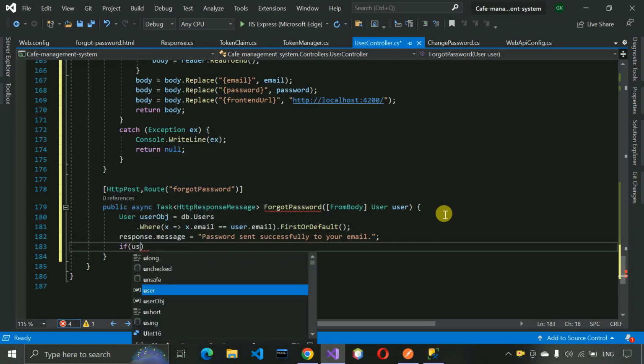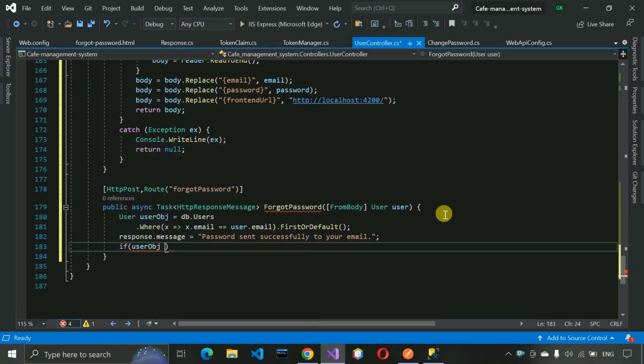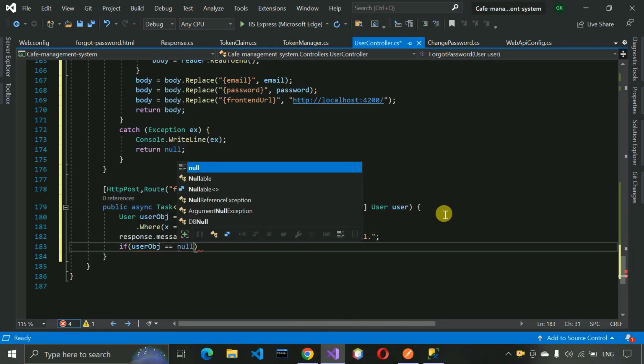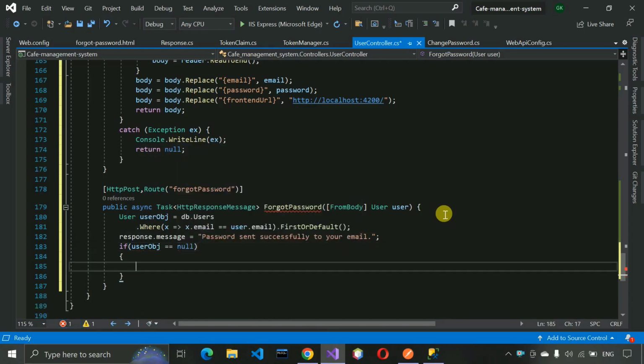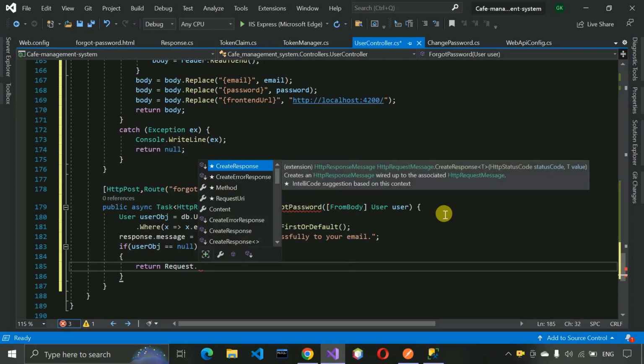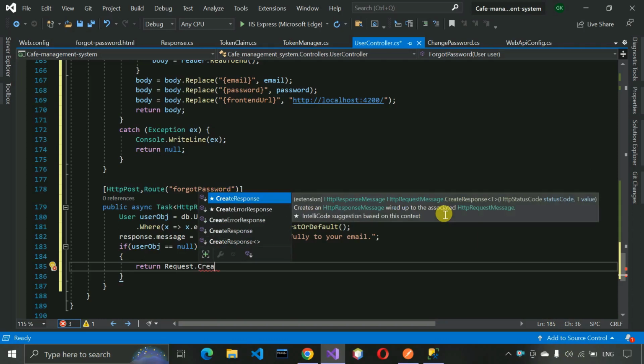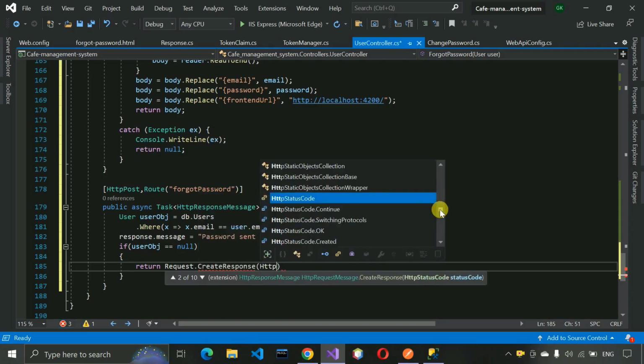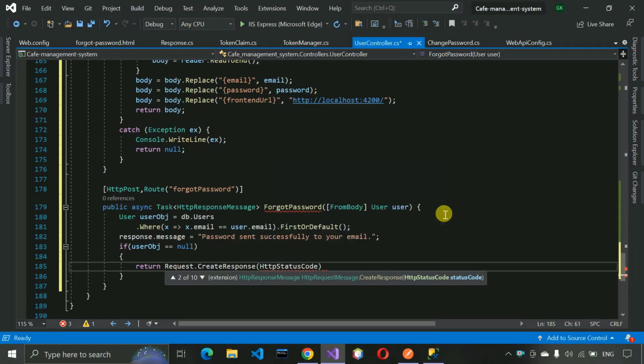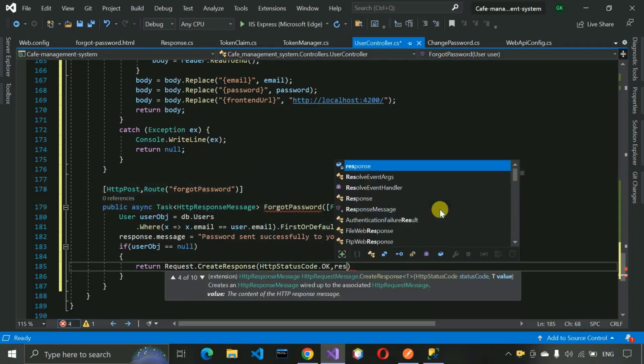Okay, and if userObj is equal to null, then we don't need to send the email, but we are going to send the same response to the particular user that the password has been sent successfully. So if any hacker or anyone wants to know which email address exists in the database or not, in that case it will be very difficult. Okay, and here we have to write CreateResponse and HttpStatusCode.OK. We're going to return the response,